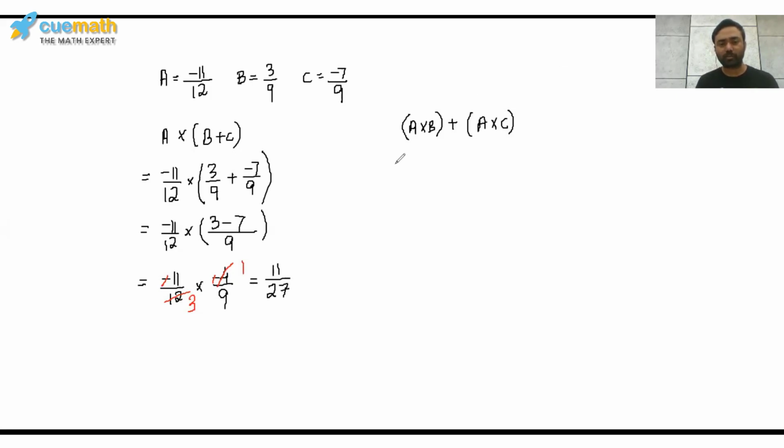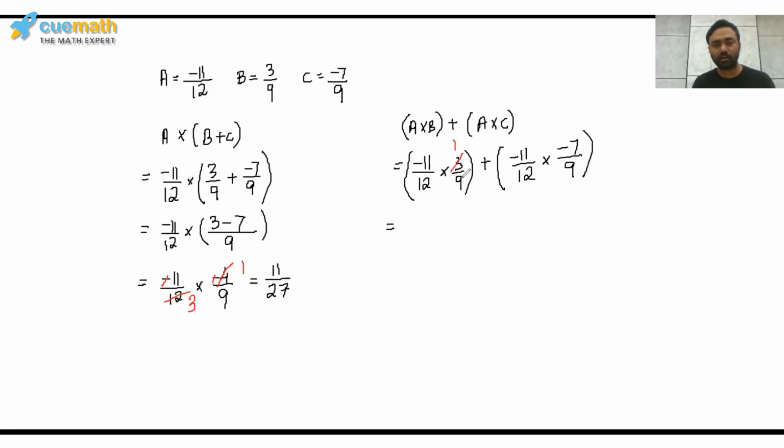Let's now solve the second expression by substituting the values. So A is -11/12 times B is 3/9. This is inside the first bracket. In the second bracket, again, A is -11/12 and C is -7/9. Now let's first eliminate the common factors between the numerator and the denominator. So 3 1s are 3, 3 3s are 9. In the second bracket, there is nothing in common between the numerator and the denominator, but yes, negative and negative when multiplied becomes positive. So from the first bracket, we get -11/36,